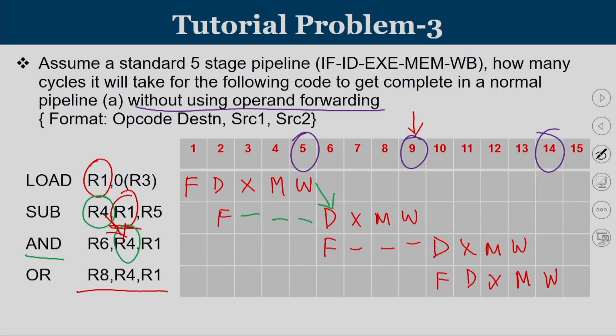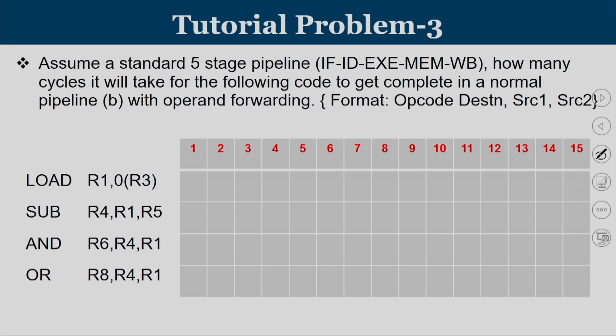There exists a RAW dependency between the second and third instruction for the value R4. The second instruction completes writing into R4 at clock cycle 9. So, the third instruction can do its register reading or decode operation only at 10. The third instruction will complete at 13 and there are no issues between the third and fourth. So, the last instruction is going to complete at 14. So, this code will complete at clock cycle number 14.